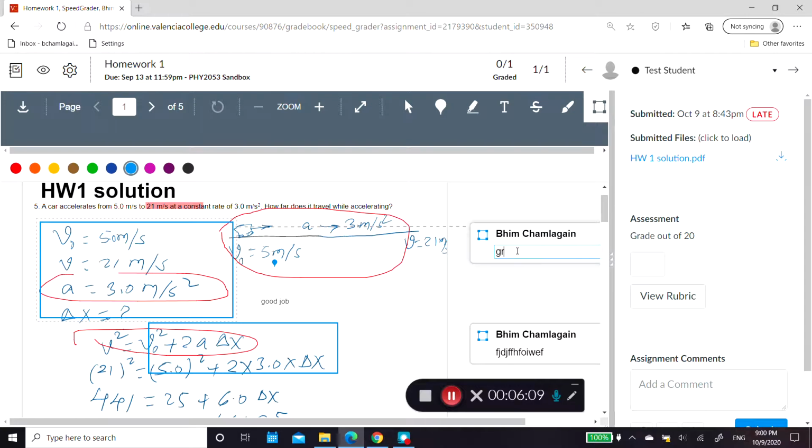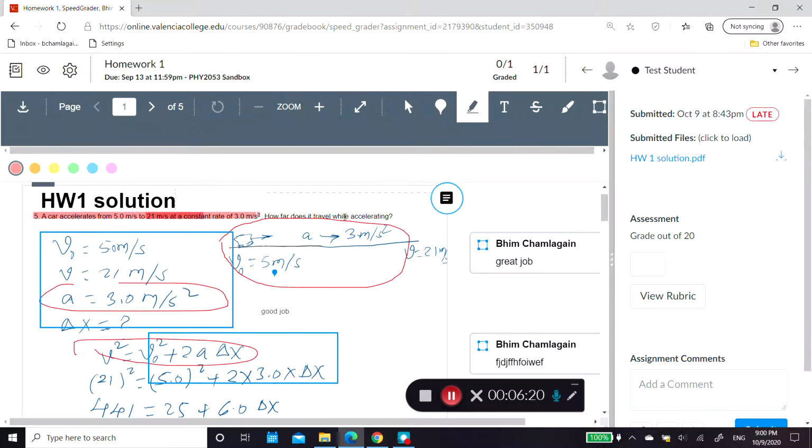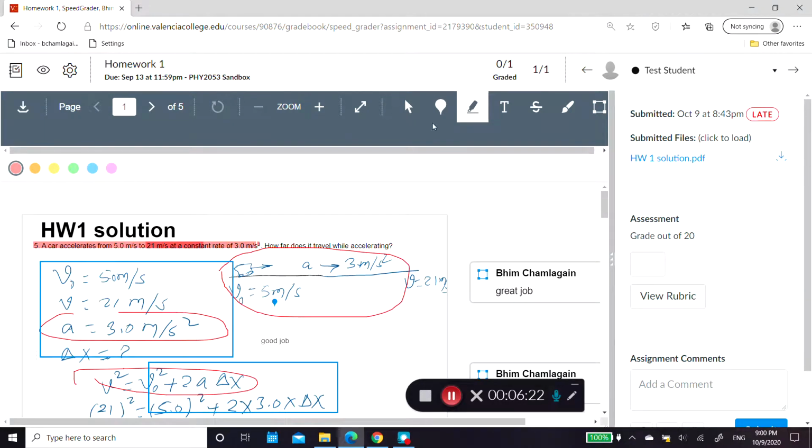Oh, great job, or your formula, whatever spot is missing, or what's new. Sometimes I highlight sections which they have to redo, and sometimes I write comments over there, like your initial velocity is right, or whatever it is.